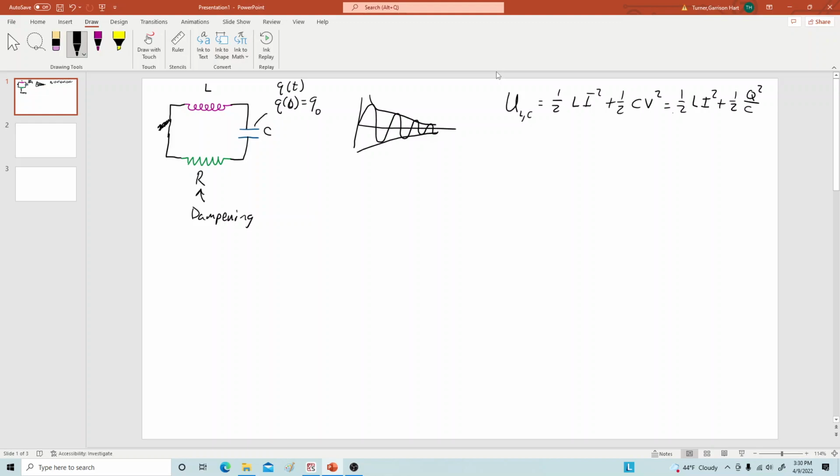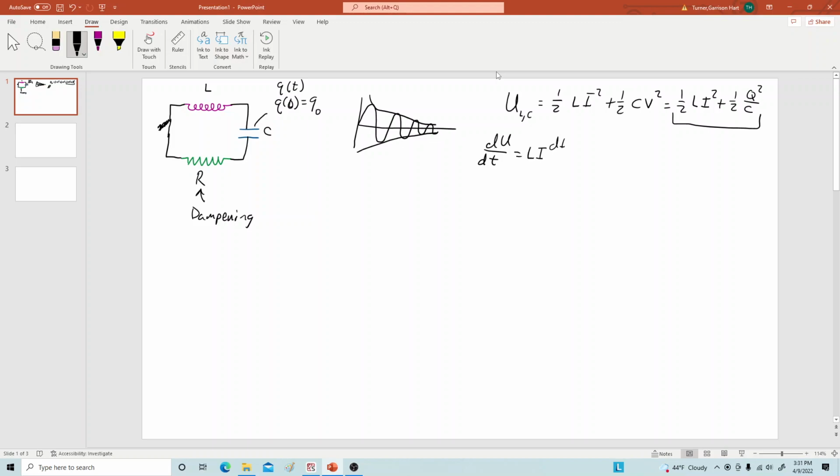Let's use this one. Okay. So using this definition of the energy, if I take the derivative of this with respect to time,